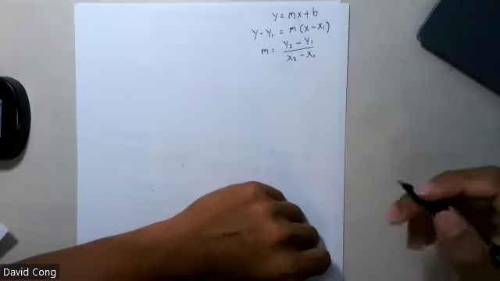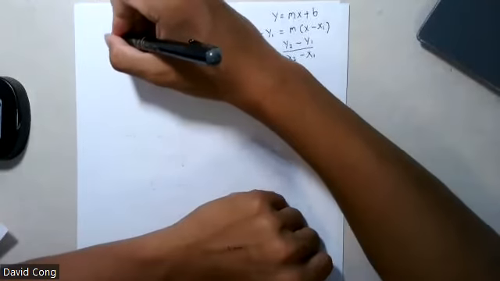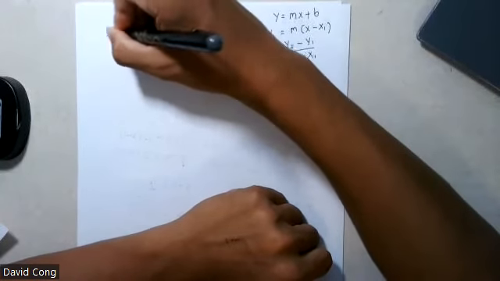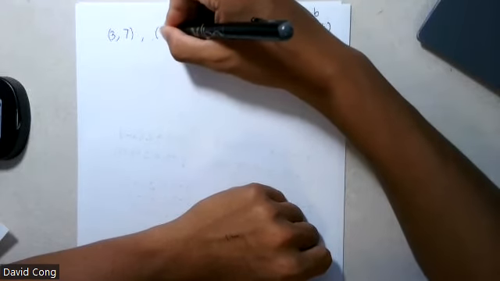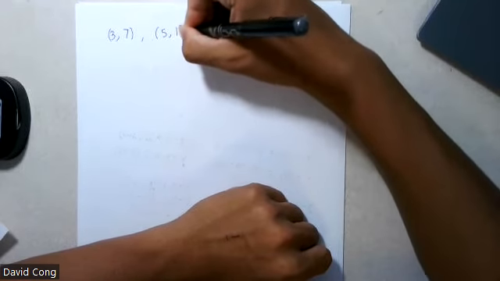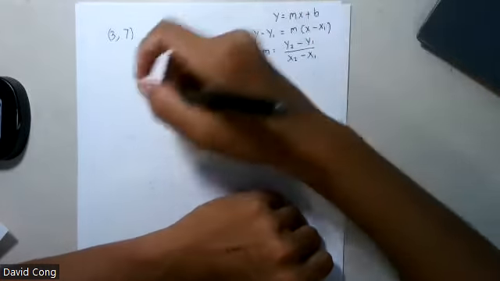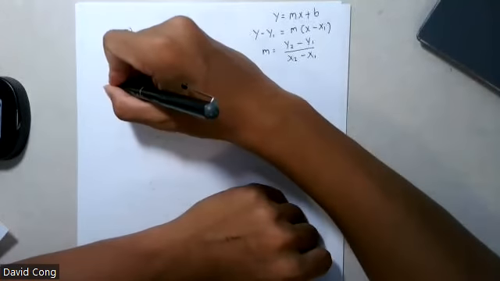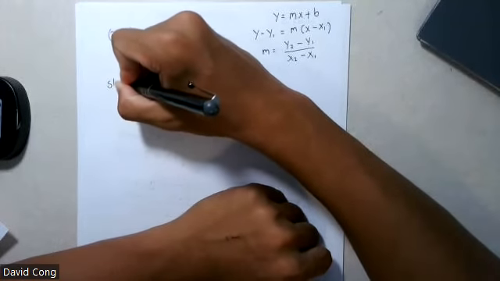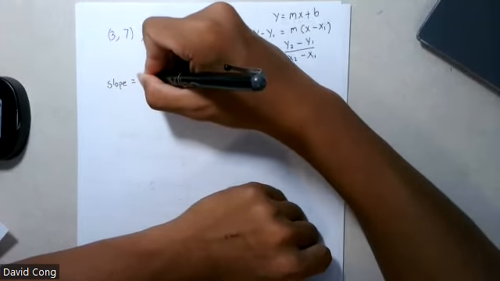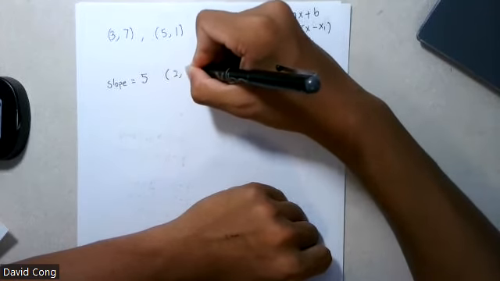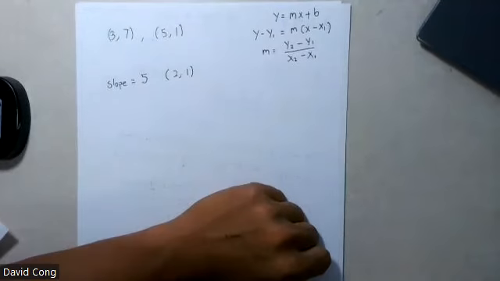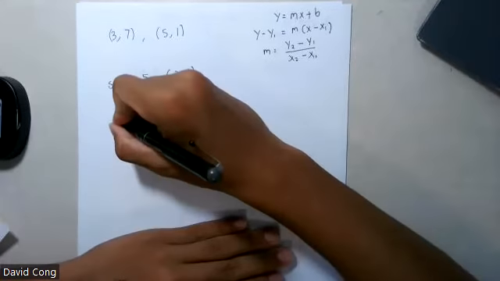The first one is I'm going to give you 2 points. Let's try 3 and 7. Let's try 5 and 1. Now I'm going to give you 1 point and the slope. Say the slope equals 5, and I'll give you the point 2, 1. That's your next one, and then the final one is